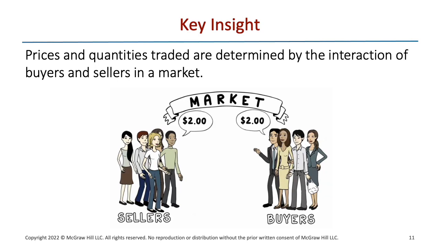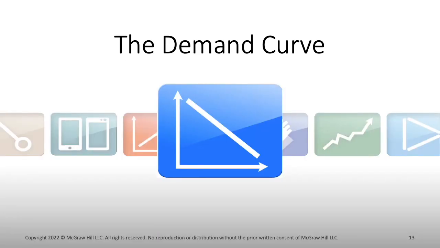It's many buyers and many sellers interacting with each other, making decisions. We have competition on the seller side, and you have competition on the buyer side. All these interactions essentially set the prices. Okay, so before we dive too deep into the demand curve and all the interactions we're going to have with that,